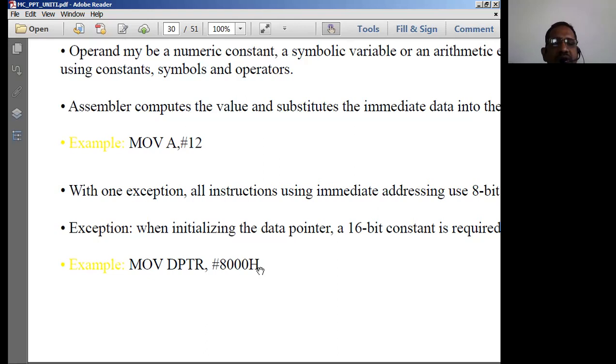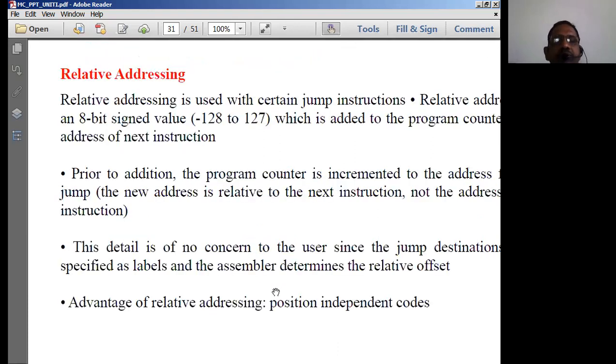So here 16-bit data is moved into the DPTR register. This is immediate because the operand contents are preceded by the hash symbol. Therefore, this type of mode is known as immediate addressing mode.